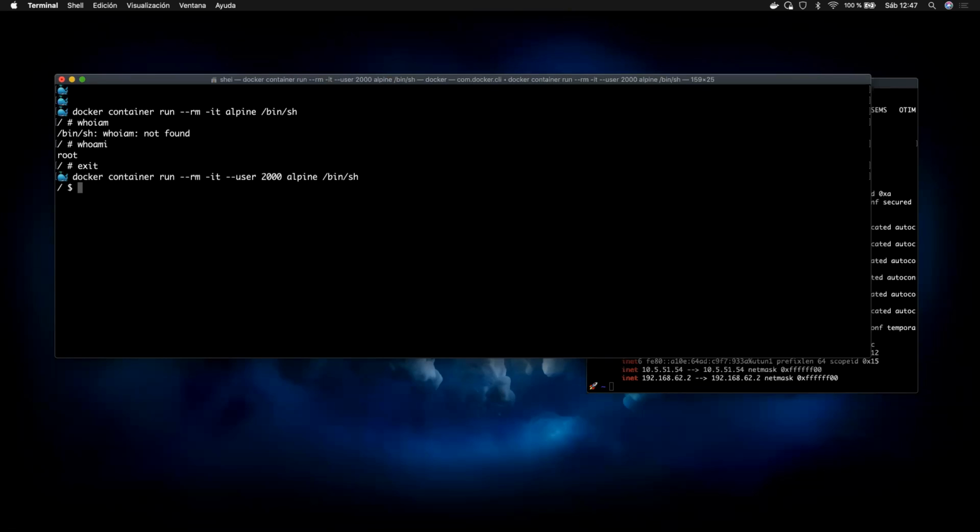So now we already see that we are not root, basically, from the symbol that we have here. We can check it, and it says that we are user ID 2000. So basically, we are not root. And if we check on the host machine,